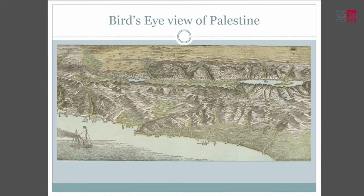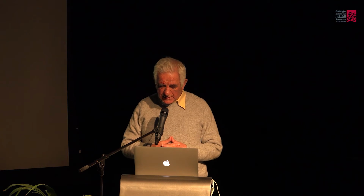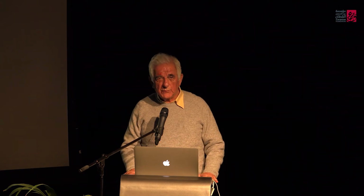This is a very interesting map from the 1880s called A Bird's Eye View of Palestine. It shows three-dimensional contours of the coastal part of Palestine seen from the west. And in it we have a very interesting overlap of a number of theoretical and conceptual approaches to mapping, which became very heated up as we move to